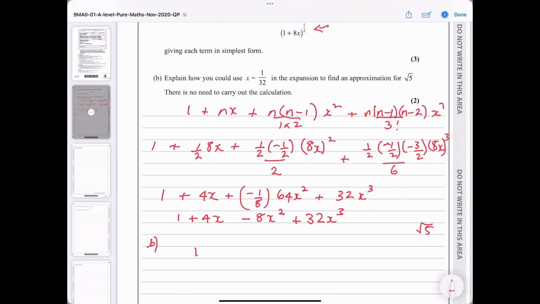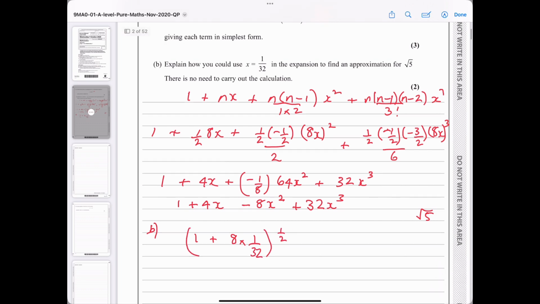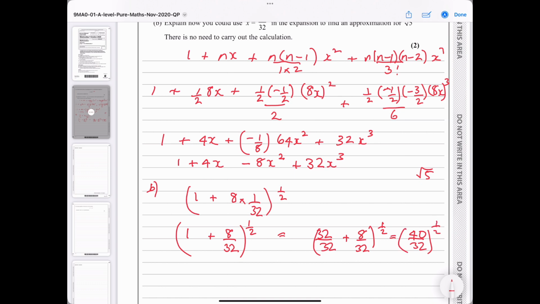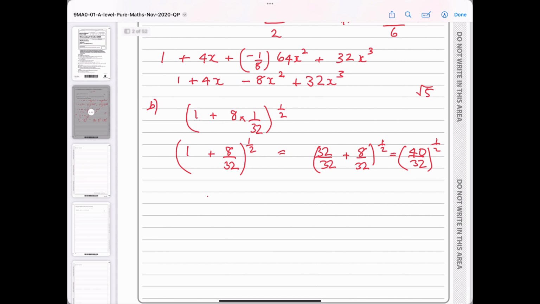So let's put 1 plus 8 times 1 over 32 to the half into this, and we would get 1 plus 8 over 32 to the half, which equals, let's say 32 over 32, because that's plus 8 over 32, to the half, equals 40 over 32 to the half, which becomes, if we break it down a bit, we can divide through by 8, so it becomes 5 over 4 to the half,